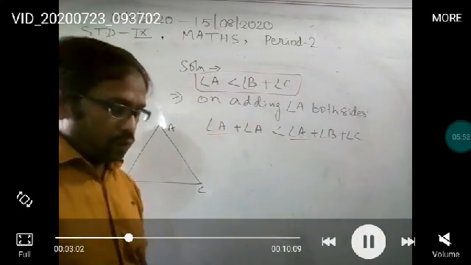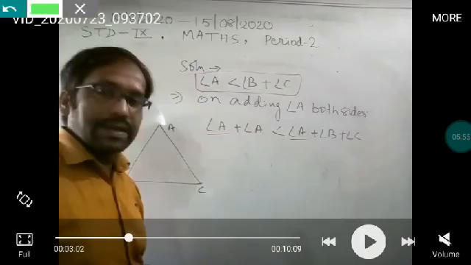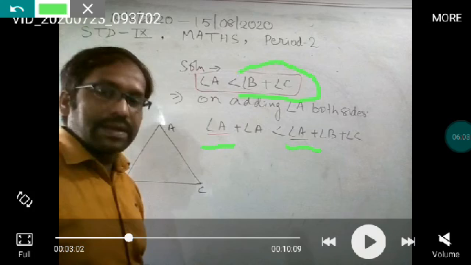I have added the extra angle A. Why have I added it? Because B plus C was given here, and if I add this angle A, now see, this all becomes the sum of interior angles, angle A, angle B and angle C. So that will automatically come to 180 degree. So this was my purpose here.